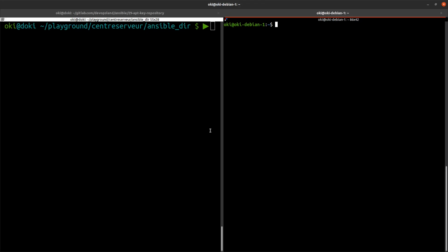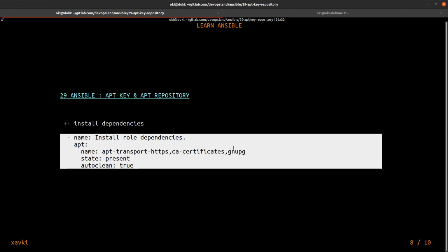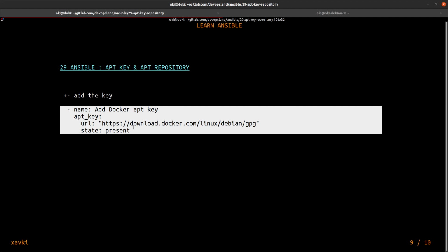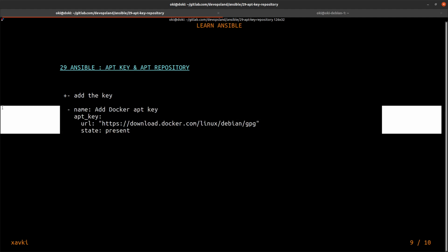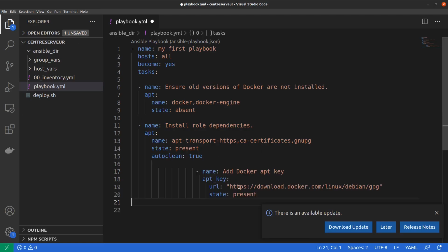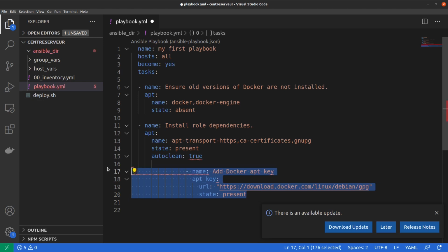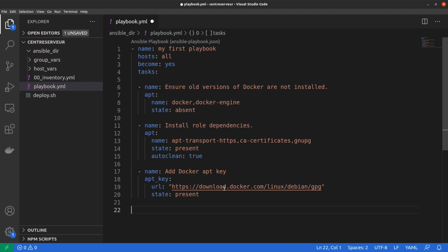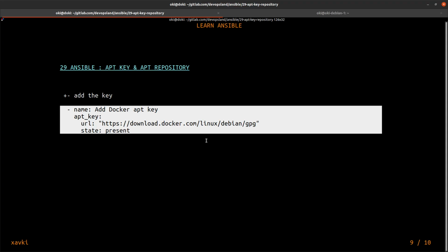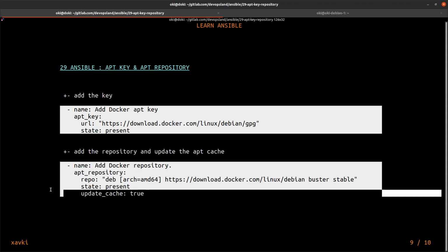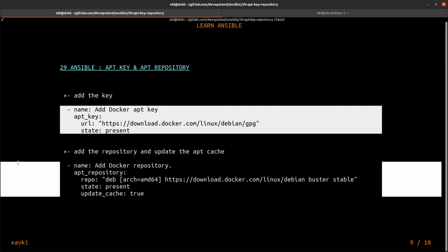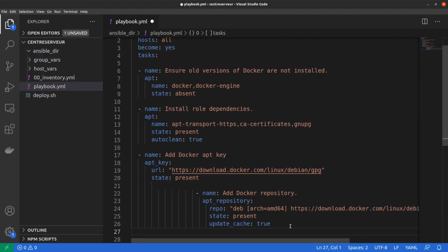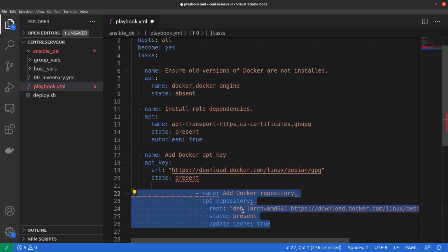Now, of course, we can use our apt_key module to add the key of our repository, like this. I have the repository key for Docker here. I set the state to present, and now I can use the apt_repository module to add the repository.